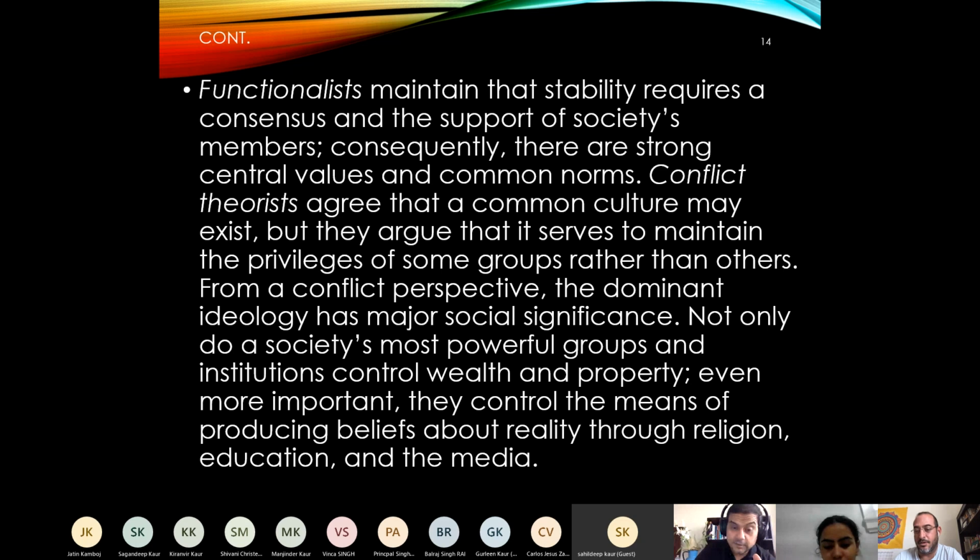Like government institutions. The government has a function. The hospitals have a function. The school has a function. Everything in the society has a function, and this function is to do what? Is to maintain the stability in the society, to maintain the coherency and the harmony in the society. Okay? Therefore,